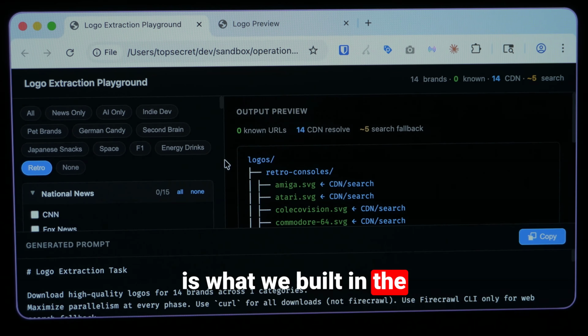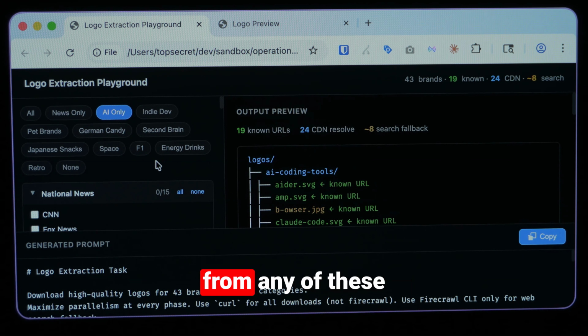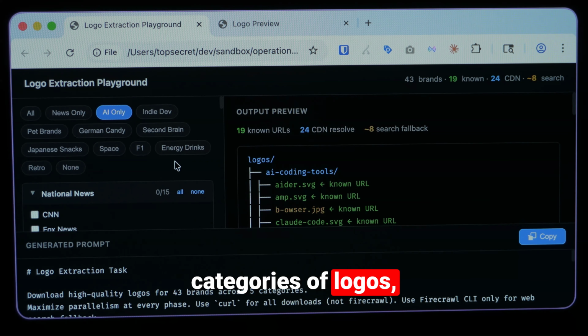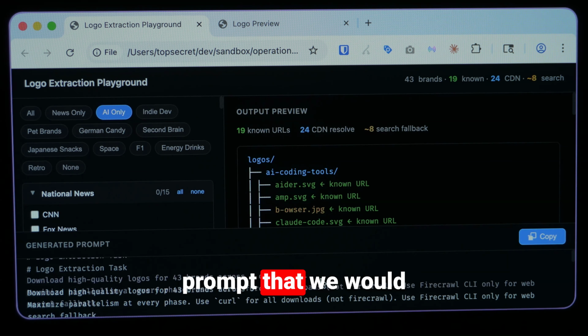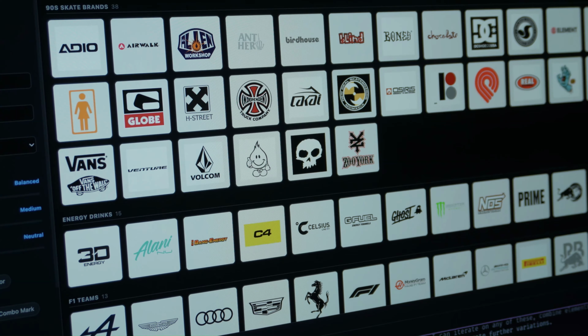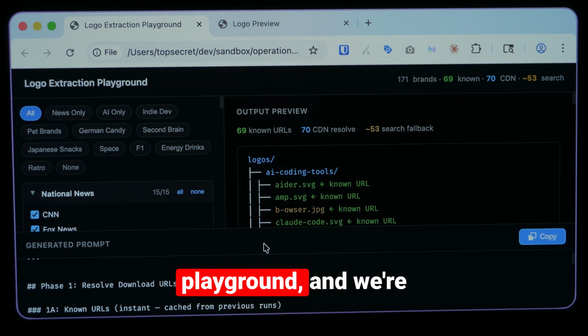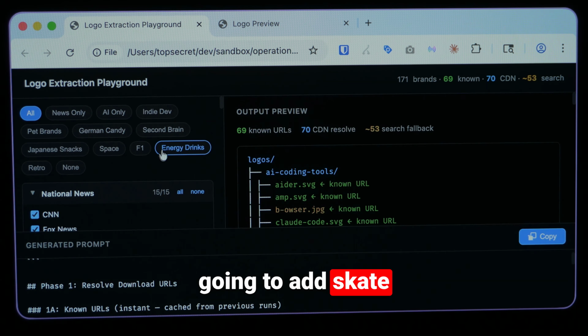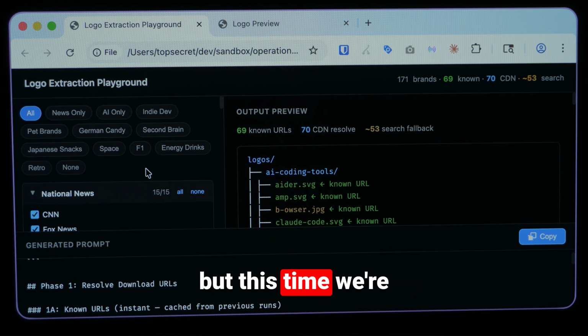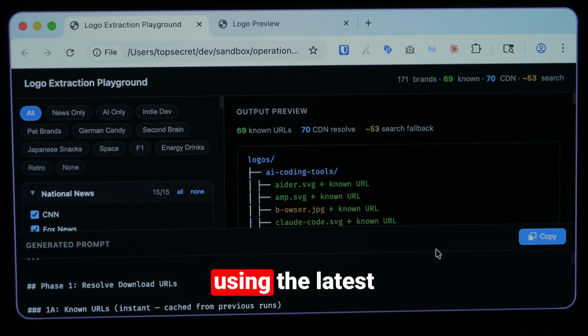brand from scratch. Quick reminder, this is what we built in the last video, this logo extraction playground, where we could select from any of these categories of logos and it would generate a prompt that we would then feed back into Claude Code, and it would go and extract all of the logos for us. So we're going to use this same logo extraction playground, and we're going to add skate logos from the 90s, but this time we're going to use those logos to have AI create a brand for us using the latest